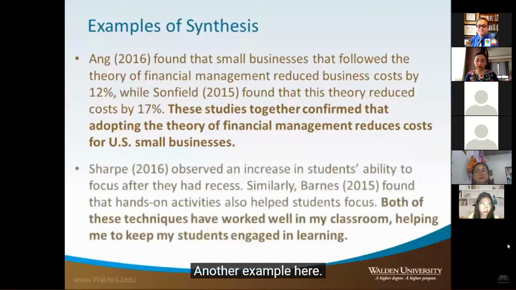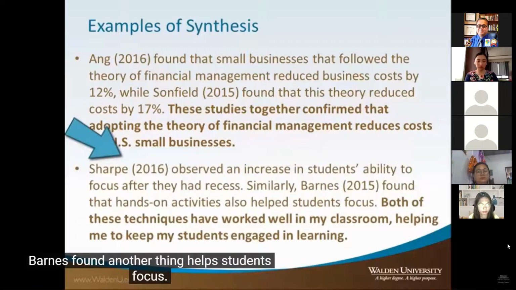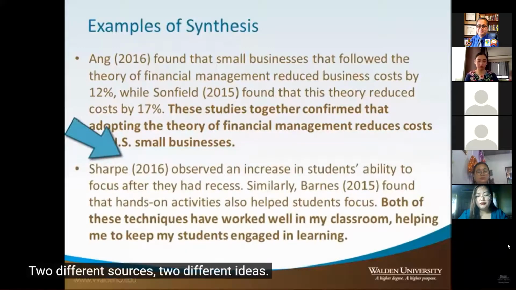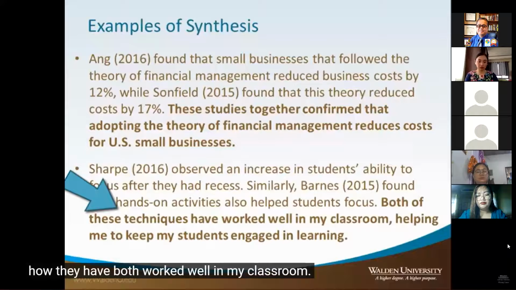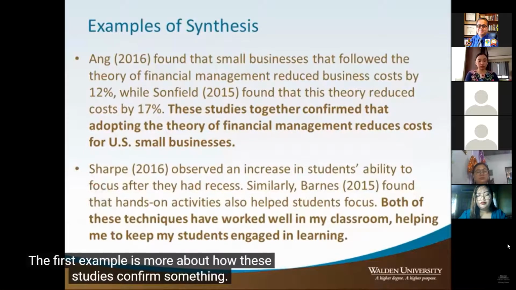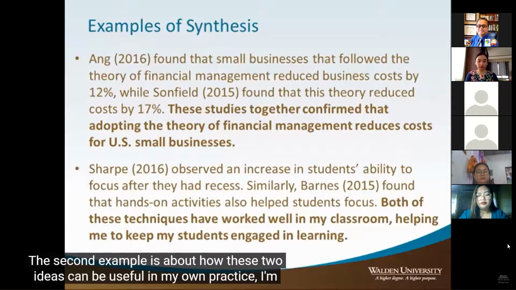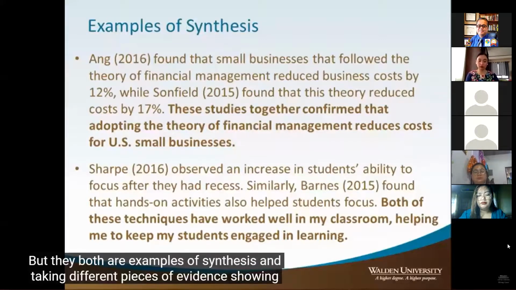Another example here. So Sharp found that one thing helps students, Barnes found that another thing helps students focus. 2 different sources, 2 different ideas. In the bold sentence of synthesis, I'm taking these 2 ideas together and talking about how they both have worked well in my classroom. The synthesis that we have here takes 2 different approaches. The first example is more about how these studies confirm something. The second example is about how these 2 ideas can be useful in my own practice. I'm applying it to my own practice, or the author is applying it to their own practice in the classroom. But they're both examples of synthesis and taking different pieces of evidence and showing how they work together